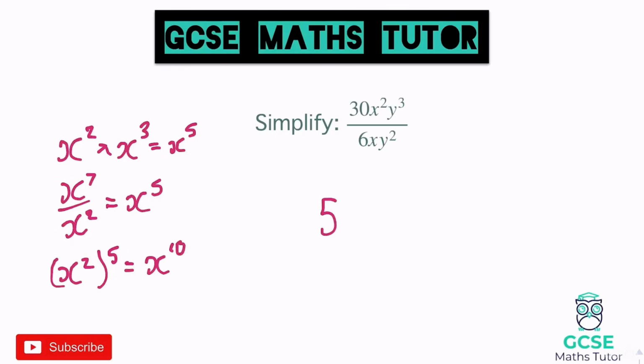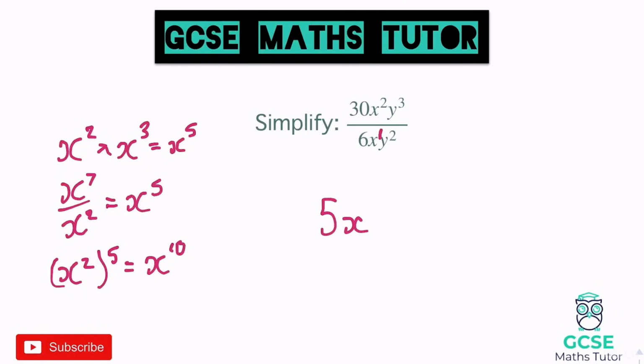Now individually looking at the letters, we've got an x squared, and on the bottom we've got an x. Now it's not written in there, but that is a little power of 1 there that's not written. So if we subtract the powers, 2 take away 1 gives us x to the power of 1. I'm not going to write that in, I'm just going to leave it as x because that means x to